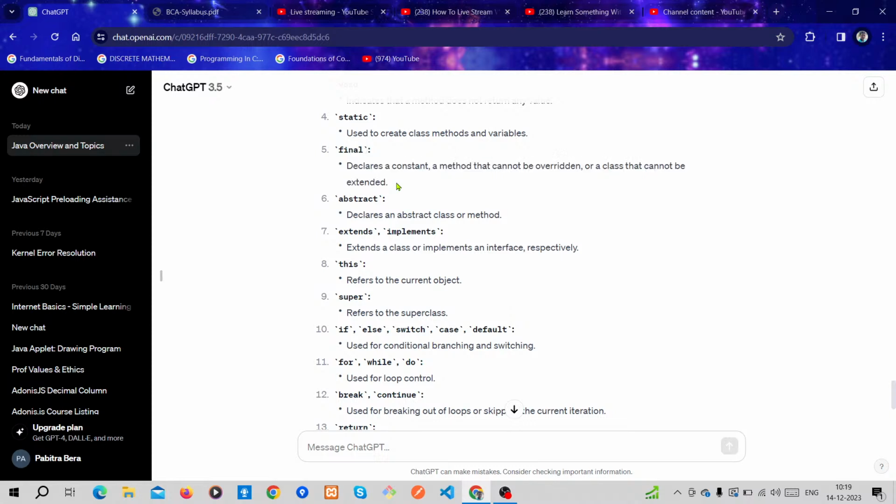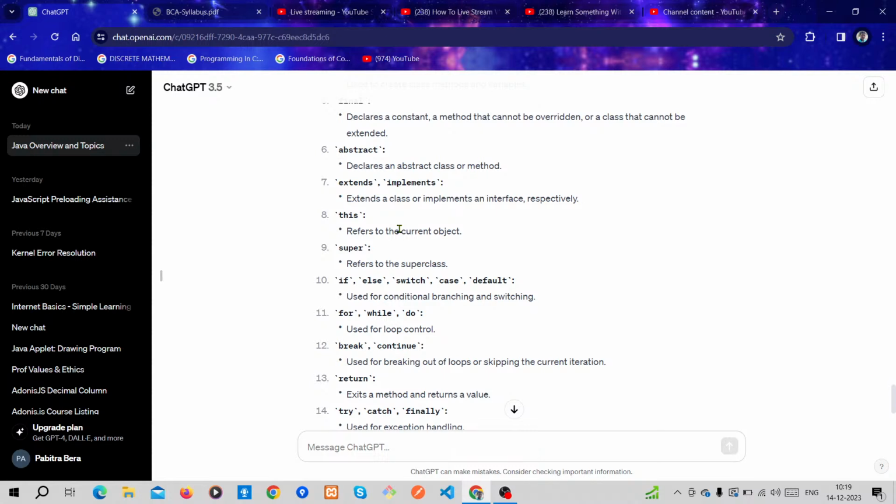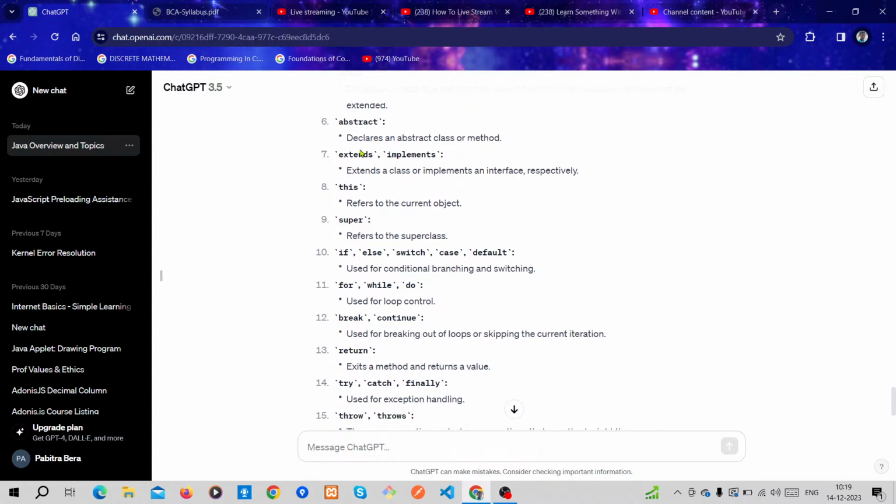Then the abstract keyword declares an abstract class or method. Then extends and implements: these keywords are used in inheritance respectively.